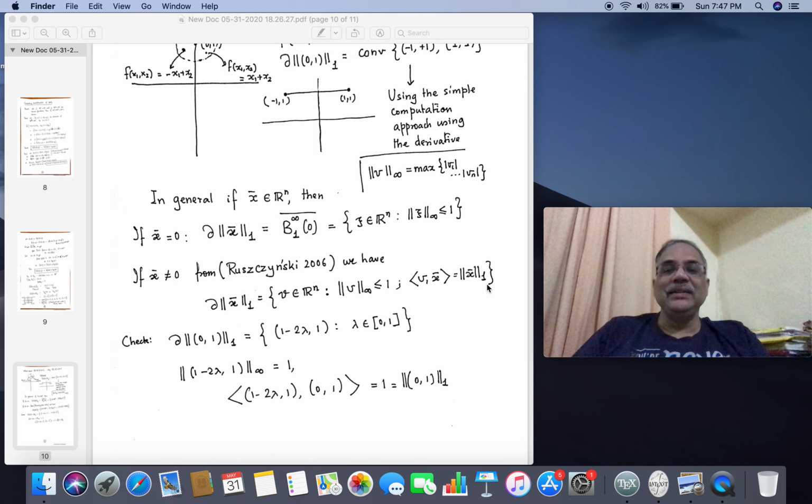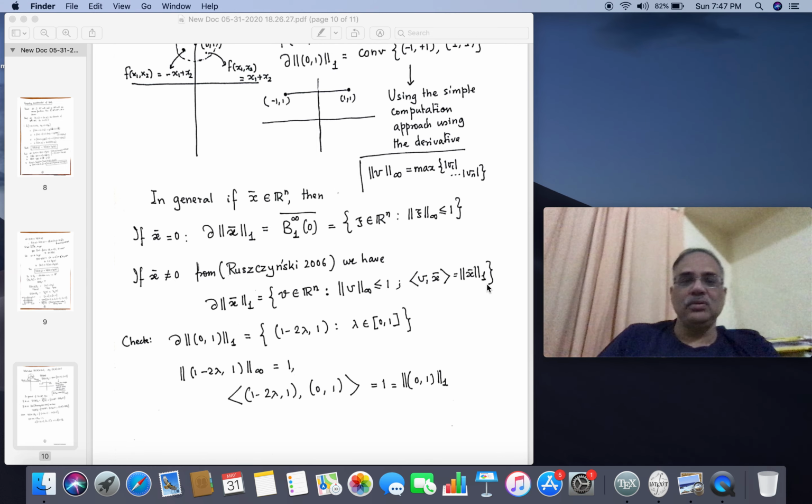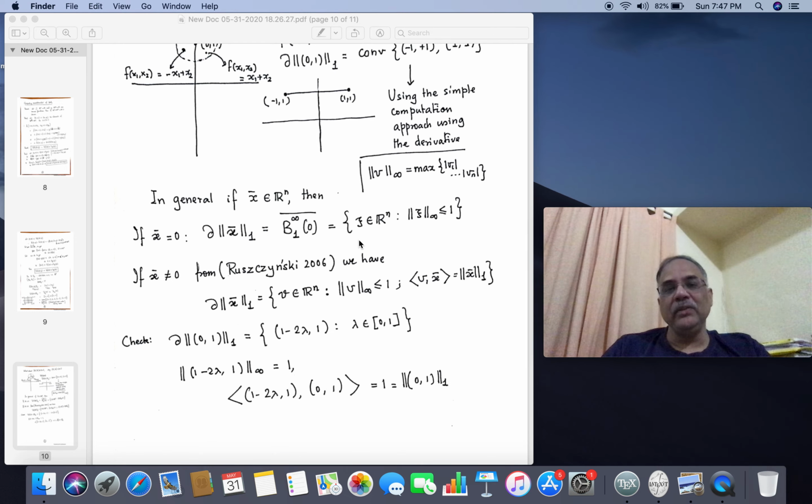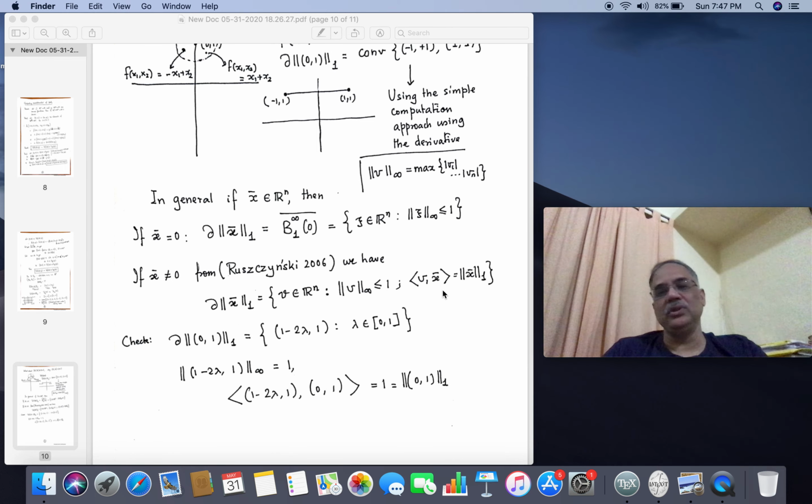So this is the additional property, which you don't need to bother about in the case of 0, because the same thing will hold there. If you take x bar to be 0, you put 0 here and 0 here, this side would be 0 and that side would be 0, so we don't mention it in the case of 0. You can prove this in detail, but the detailing is there in Rusczynski's book, so I am not going to give it here.